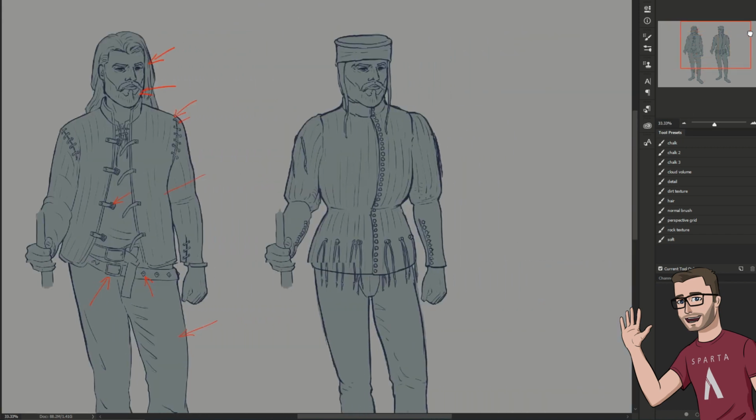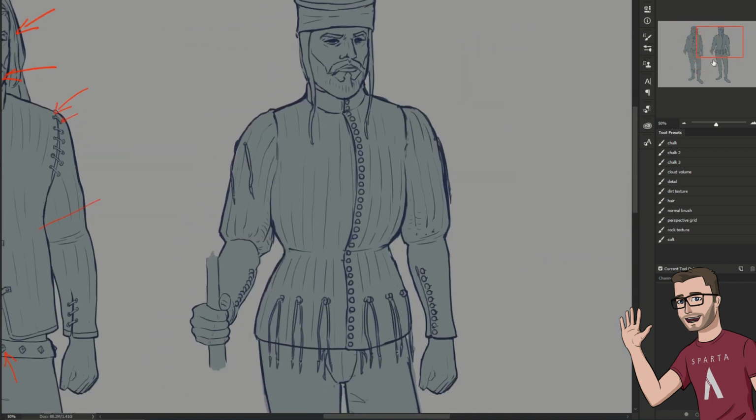So yes, moving on to more historically based clothing. I uploaded this to the 15th century European Armour group on Facebook, and I got some great feedback on what I have done here. They noticed that yeah, it's okay, however there could be some improvements. I'm just gonna get my pen here. You know, the shape of the gambeson, or this clothing piece, yeah, the nice shape to it. You've got the arming lacing points,